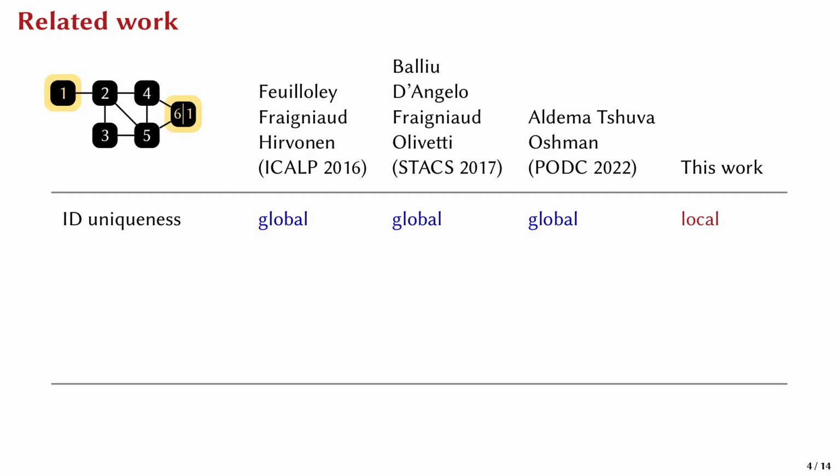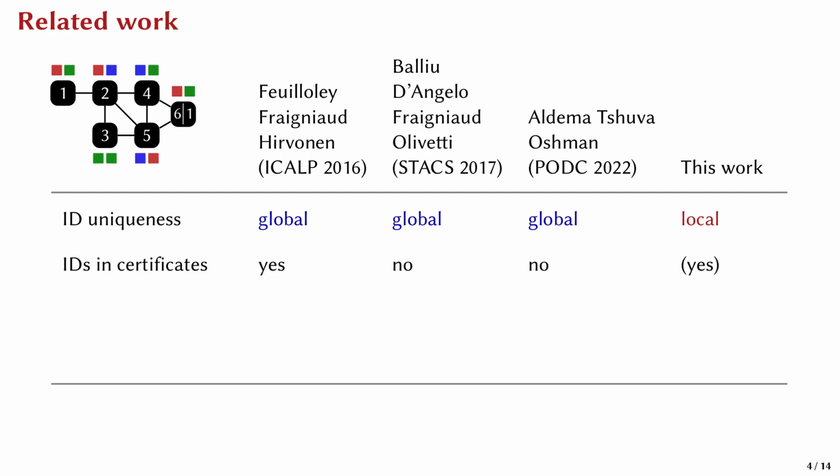these 2 nodes here. Second, if the identifiers are globally unique, then one has to decide whether Eve and Adam are allowed to use those identifiers within their certificates. In the examples we've just seen, certificates were just colors, but in general they could be arbitrary strings that either depend or do not depend on the identifiers. And for the previous papers, this was an important choice they had to make. But in my case, the distinction didn't really matter because I allow identifiers that are only locally unique.